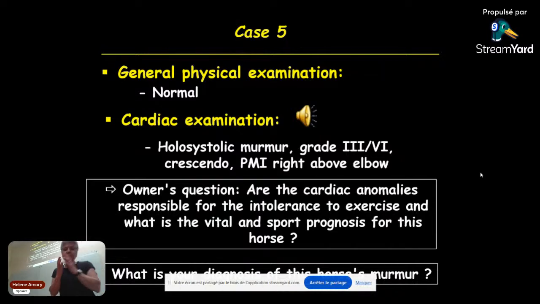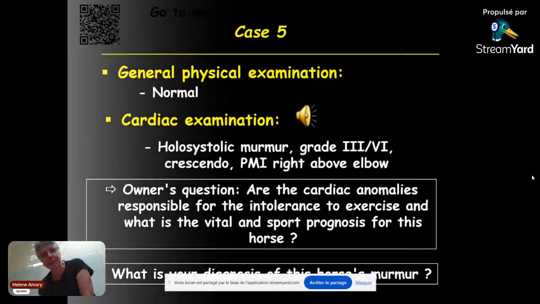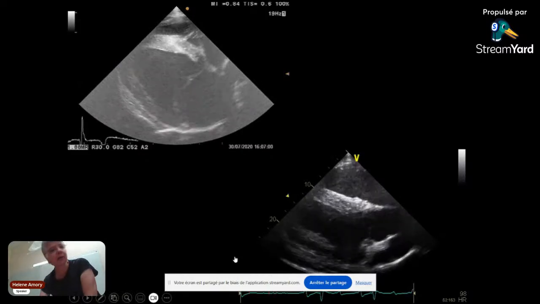And something that could suggest a tricuspid insufficiency is the fact that it's a young horse in training. Remember, it's very classical to have a tricuspid insufficiency in those cases. But okay, it will be my differential. The mitral insufficiency, I will not put it in my differential because I am on the right side only. Let's see.